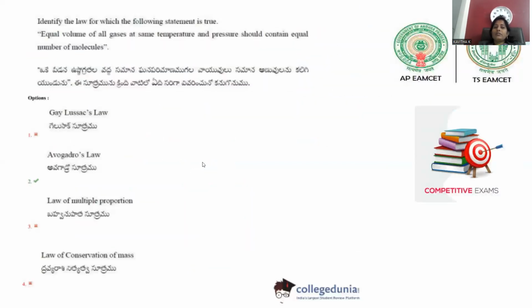Move on to another question, which is collected from the EAMCET examination conducted in the year 2020. Identify the law of which of the following statements: equal volume of all gases at the same temperature and pressure should contain equal number of molecules. Let me repeat the question. Equal volume of all gases at the same temperature and pressure should contain equal number of molecules. Temperature and pressure kept constant, if the volume is taken as equal for all the gases, then they contain the same number